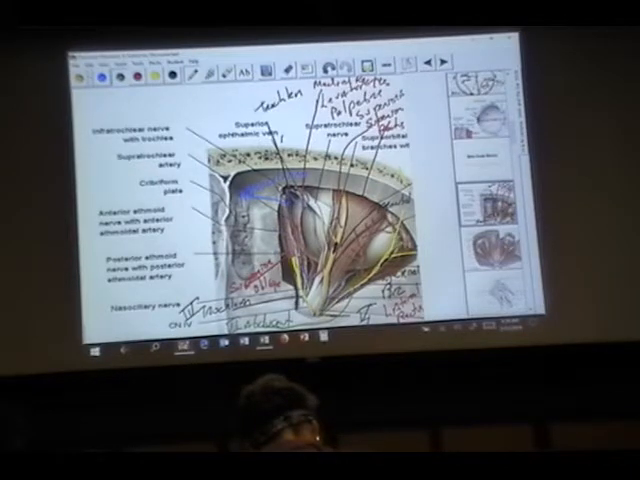Oh, the artery. How about the optic canal? Now, what about the vessel that goes through the superior orbital fissure? Is it the ophthalmic vein? So